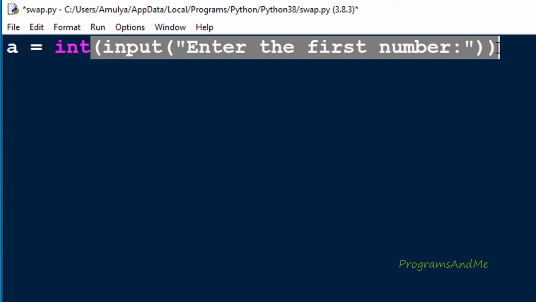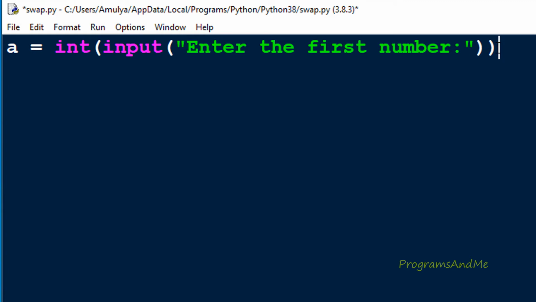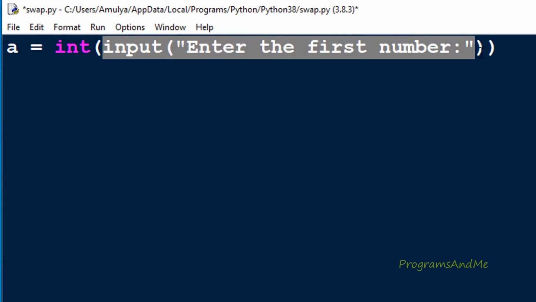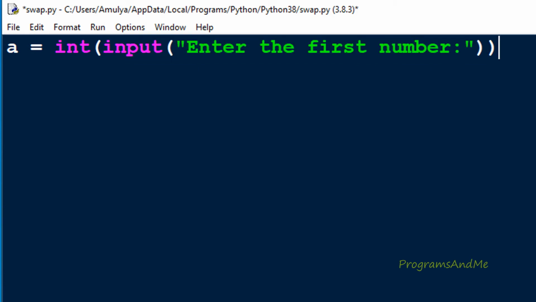If you want, you can take float values also. Because we are using Python 3, and in Python 3 by default the input function takes input as a string value. But here we want a number, an int or float number. Here I'm taking an int number, that's why I'm converting this string input to an integer. If you want, you can change that to float using the float function.